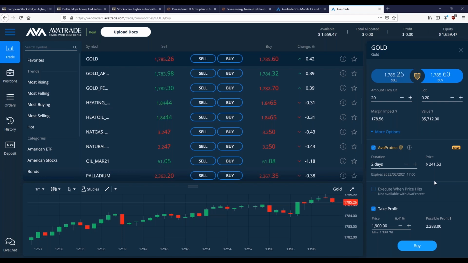Like I was risking to my stop loss price. So I can have 2 days full protection, no matter how far gold might bomb the wrong way. I only lose 241, which I pay up front, the premium cost, and I'm protected. Any other losses when the trade closes get added back if it closes in this time period, or if it's